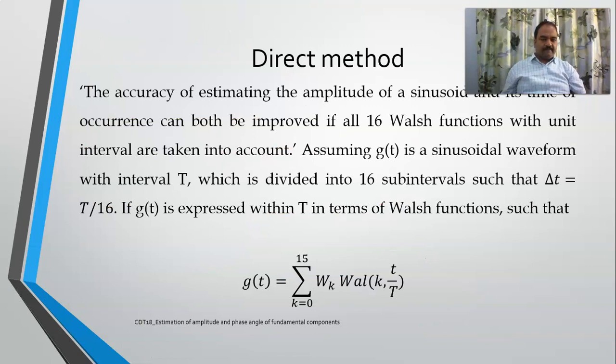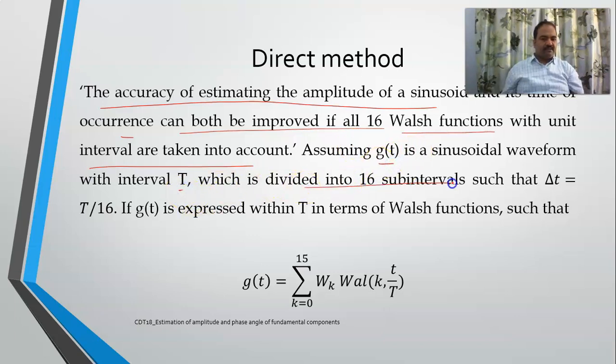And the second theorem says the accuracy for estimating the amplitude of the sinusoid and its time of occurrence can both be improved if all 16 Walsh functions are taken into account. But it is a time-consuming process. So if I assume that it is a pure sinusoidal wave with interval T divided into 16 subintervals,